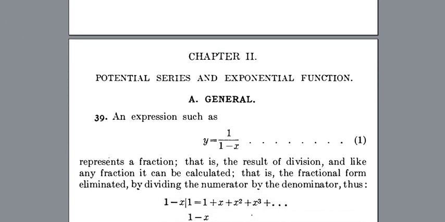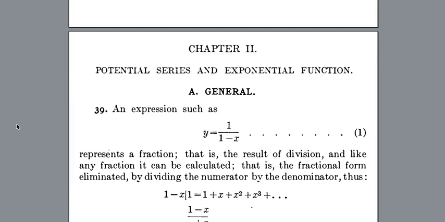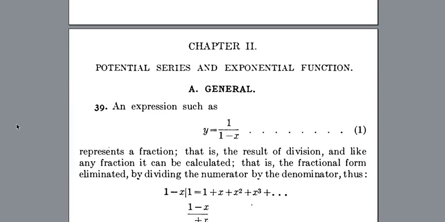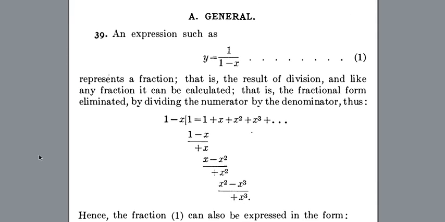Chapter 2, Potential Series and Exponential Function. A. General. Section 39. An expression such as y equals 1 divided by the quantity 1 minus x represents a fraction. This means it is the result of division. Like any fraction, it can be calculated, meaning the fractional form can be eliminated by dividing the numerator by the